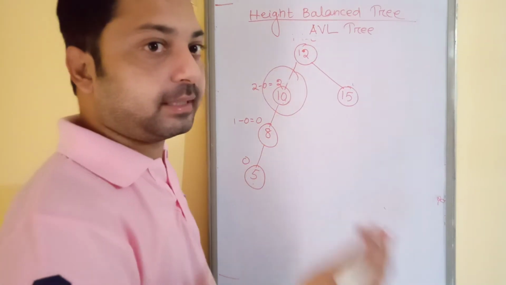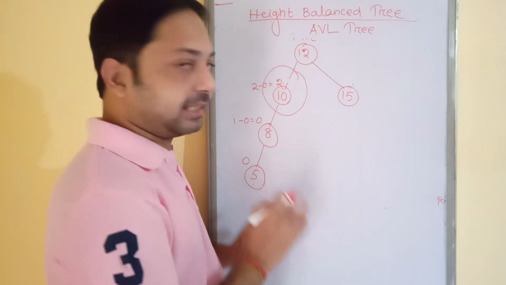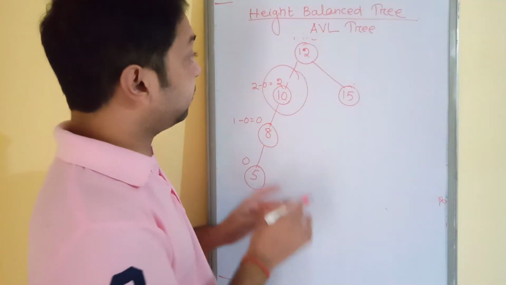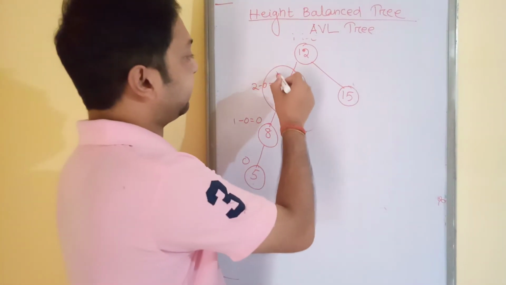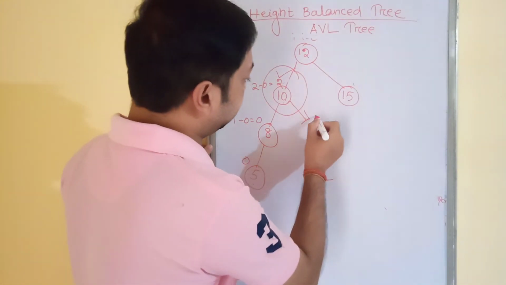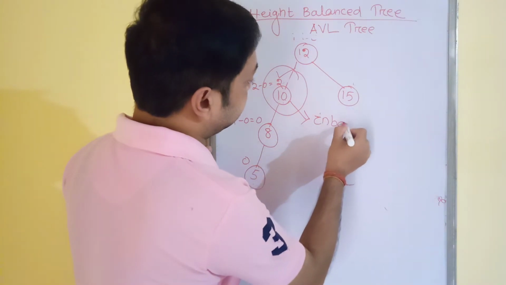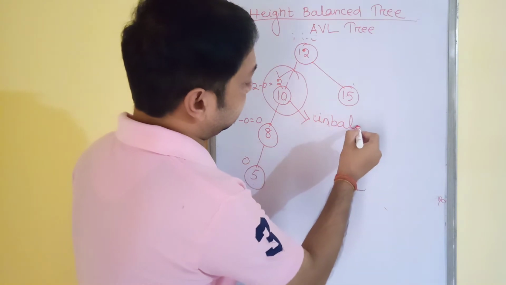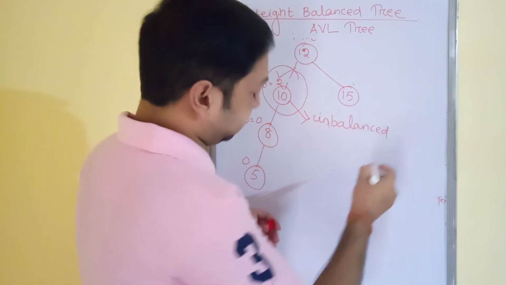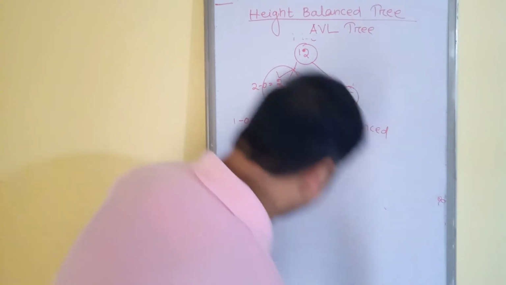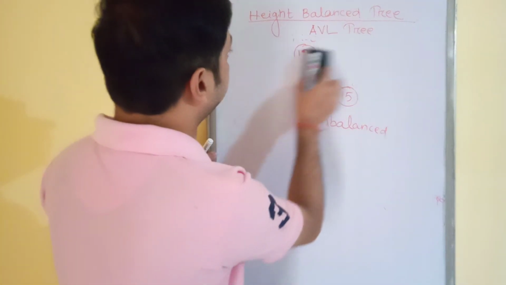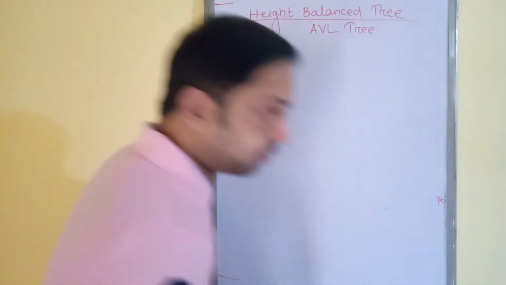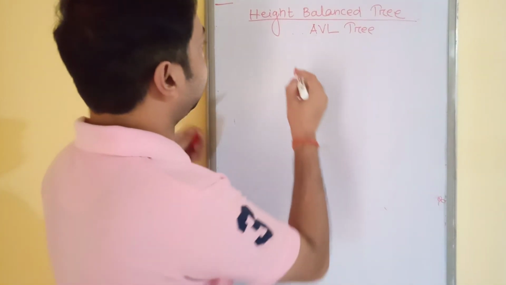If it is 2, now it is unbalanced, because you know that if the balance factor is minus 1, 0 or 1, then you can tell that your node is balanced. Otherwise it is imbalanced. But in this case you can see this is 2. So this is known as an imbalanced node, or unbalanced node. Okay. So if there are some unbalanced nodes, how to solve it? For that it requires some rotation. To make the unbalanced node balanced, you require rotation in this case.